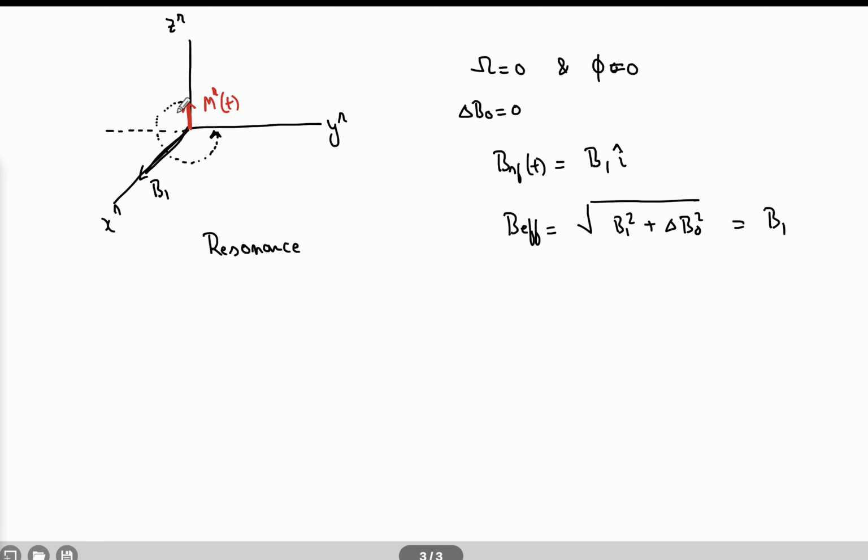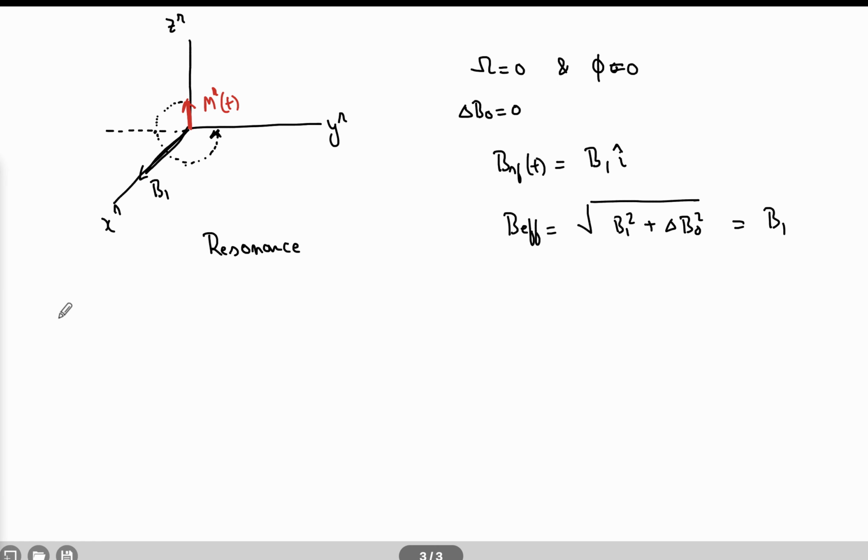So MT, so let us say that if you switch on B1 only for a time, so that it goes towards minus y-axis, okay, or towards minus z-axis, or towards plus y-axis. So it is in your control how long you want to turn on the B1 field, so that MZ is now rotated to M minus y, or to M minus z, or to My, and so on and so forth, right? Okay, so one can stop the RF field just at the right time when MT reaches the minus y-axis.